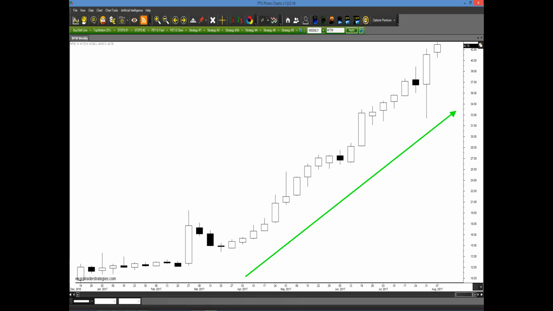Here's a weekly chart of WTW. It's Weight Watchers. As we've seen lately, it's been going straight up. On a weekly chart, it's safe to say here that since March, we've been in a very, very strong uptrend coming into the first week of August here. Okay, how could we have known in advance to take advantage of this if we wanted to swing trade using this technique? Well, it's the same process.